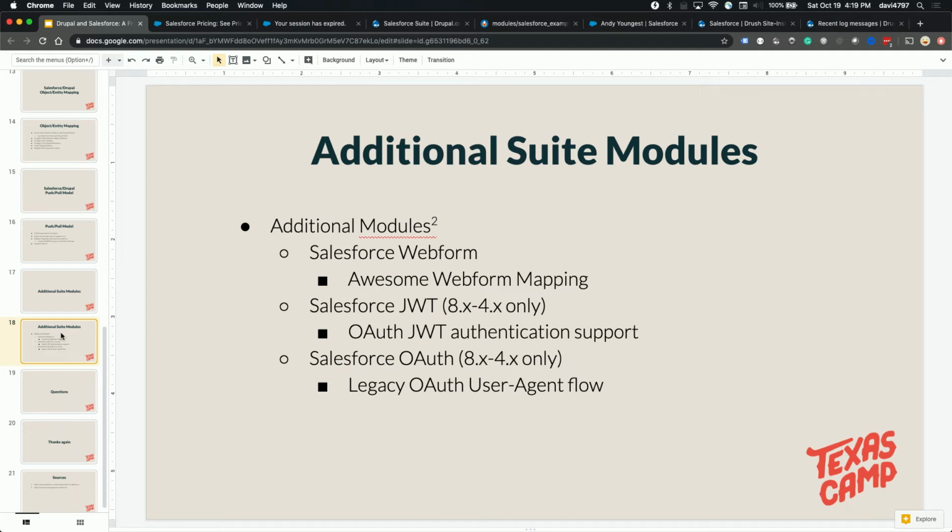There is also, in the new version of the module, I've mentioned that they are improving their authentication. So there's two that are available there now. One is the JWT, which stands for JSON Web Token, which is an alternative means of authenticating and then storing a token and just using that for interactions. It's a lot safer than storing the credentials. Then they have a legacy OAuth user agent flow, which is basically using the credentials